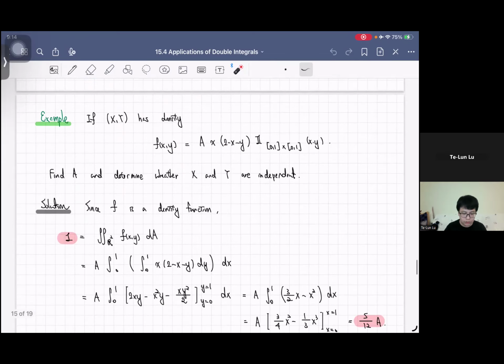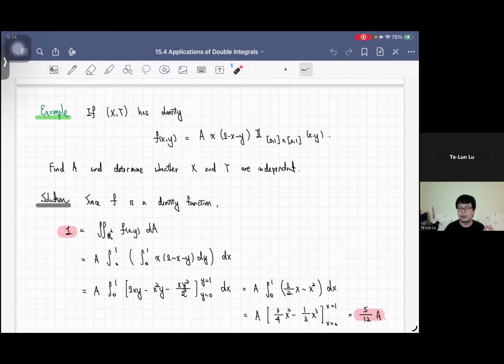Okay, now let's do a practical exercise that you will encounter in the future probability course, or maybe in the quizzes. In this case, I assume that the random 2D pair (x, y) has density A, which is a constant, times x times (2 minus x minus y) within the box [0,1] by [0,1]. So that's a square. First of all, I want you to find the constant A and determine whether x and y are